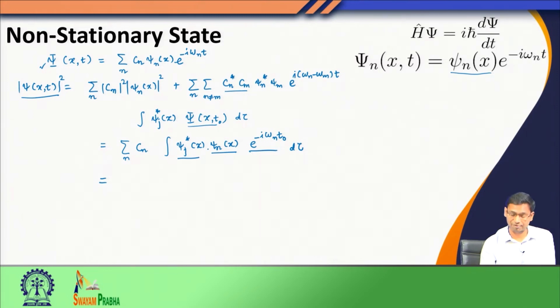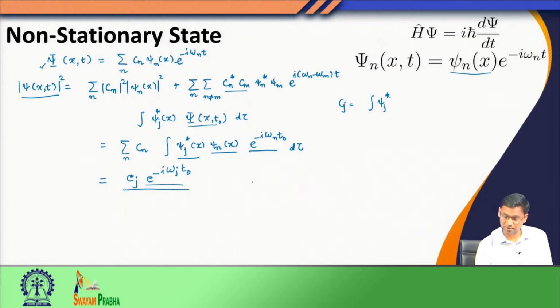For all other values of n, when n is not equal to j, this overlap will become 0 and the term will become 0. Therefore, I am left with one term, that is C j multiplied by e to the power minus i omega j t 0. So, this is the term that I am getting. Now, let us see what is on the right hand side. I have on the right hand side C j, the coefficient, multiplied by this time factor, which has e to the power minus i omega j t 0. Omega j is something that I know, and t 0 is the initial time, so this quantity I know. Therefore, I can write my C j as